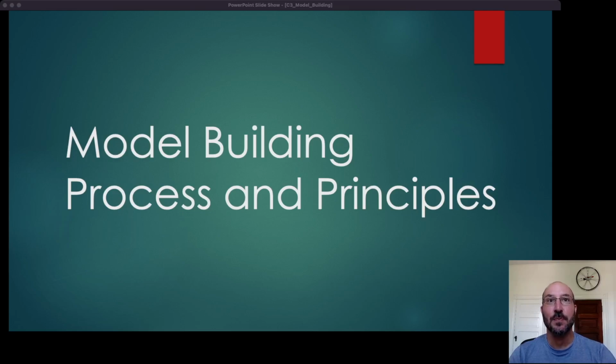So in this module, we're going to talk about model building process and principles. For the model building process, we're going to really give a step-by-step way to approach building a model. And we're going to really dive into the details and show this. So first we're going to talk about it, and then we're going to actually do it on a notebook with